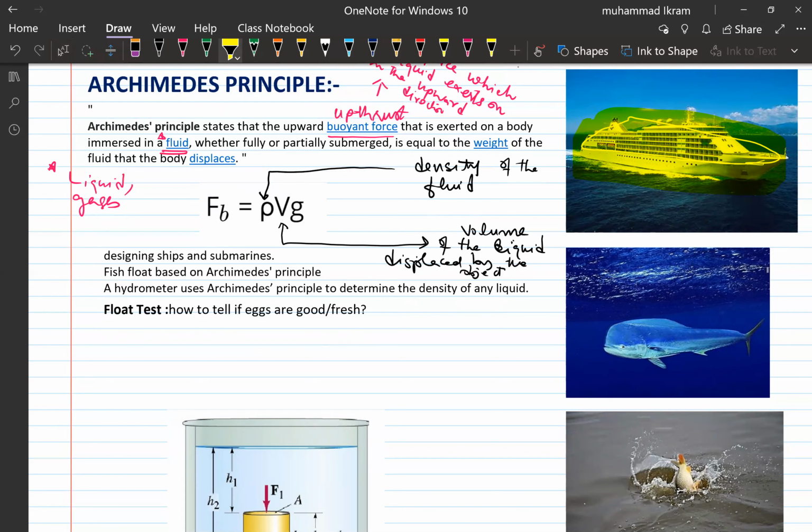Another important point is that density varies with temperature also. Density is mass per unit volume. So in the morning, the temperature is low, the volume is low, and the density is high. So there is a chance of greater upthrust on the ships and on the boats at night rather than during the day. This could be taken into account while you are boarding